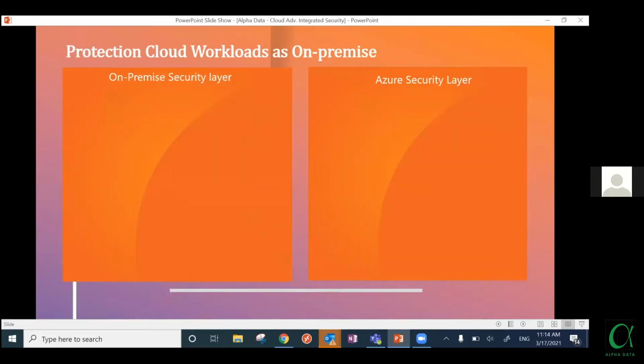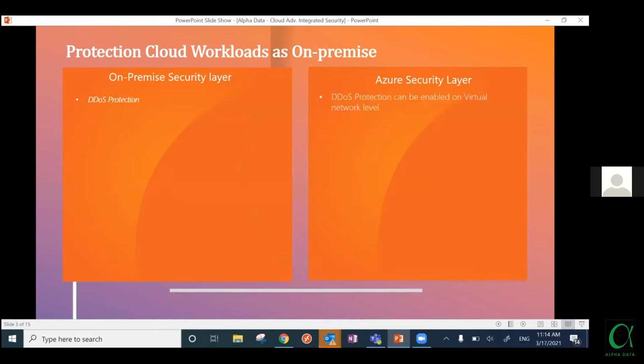Going on to the next slide, what I'm trying to show here is how you can protect your workloads in the cloud compared to on-premises. On the left side, I'll go point by point through each security layer on-premises, and we will see whether we have a similar security layer on the cloud, or whether it can be built on the cloud, right? If I talk about DDoS protection first, you have a DDoS protection layer on-premises,